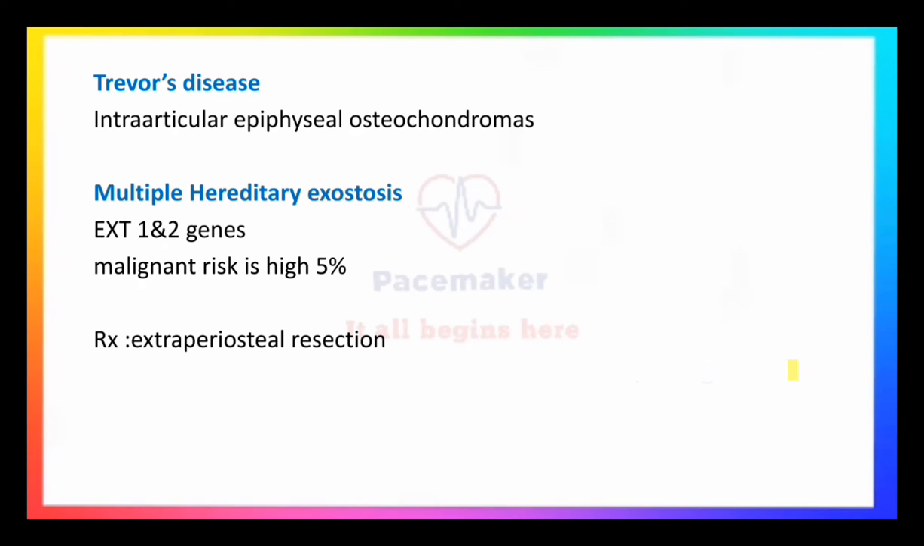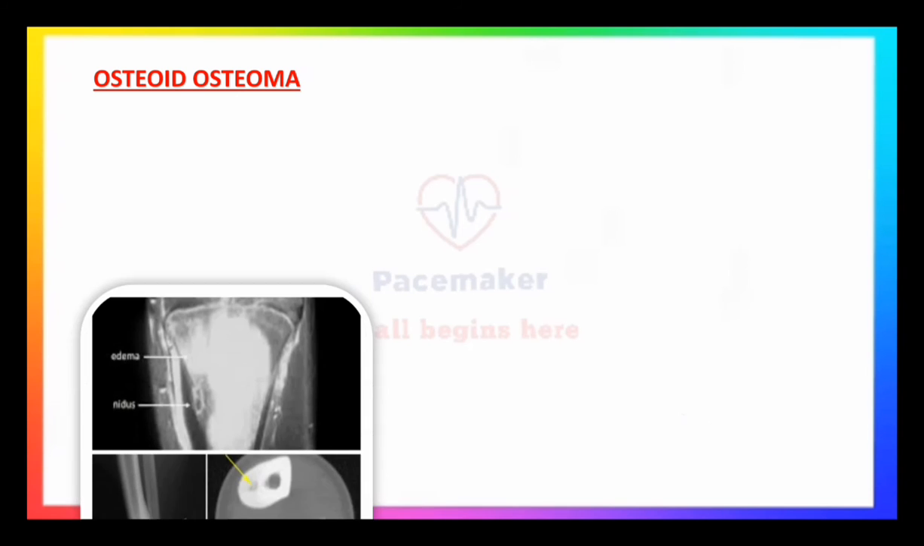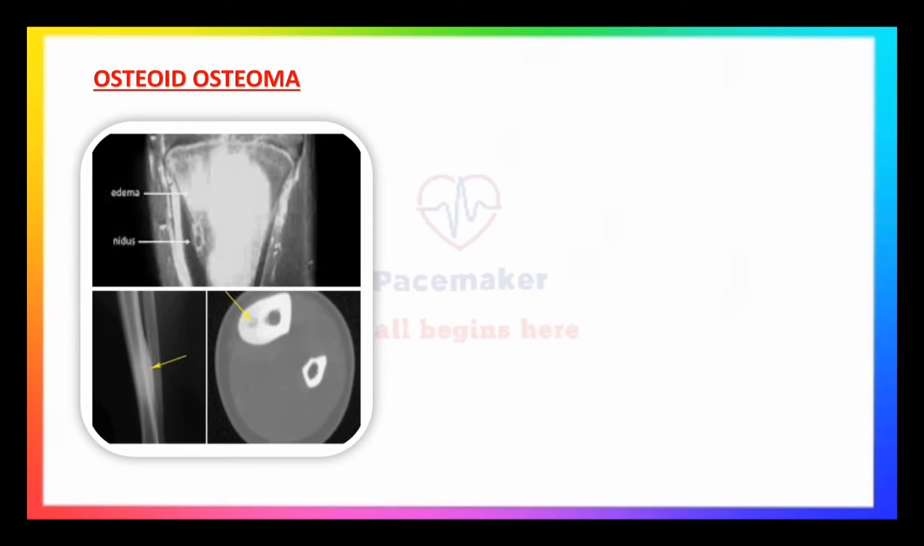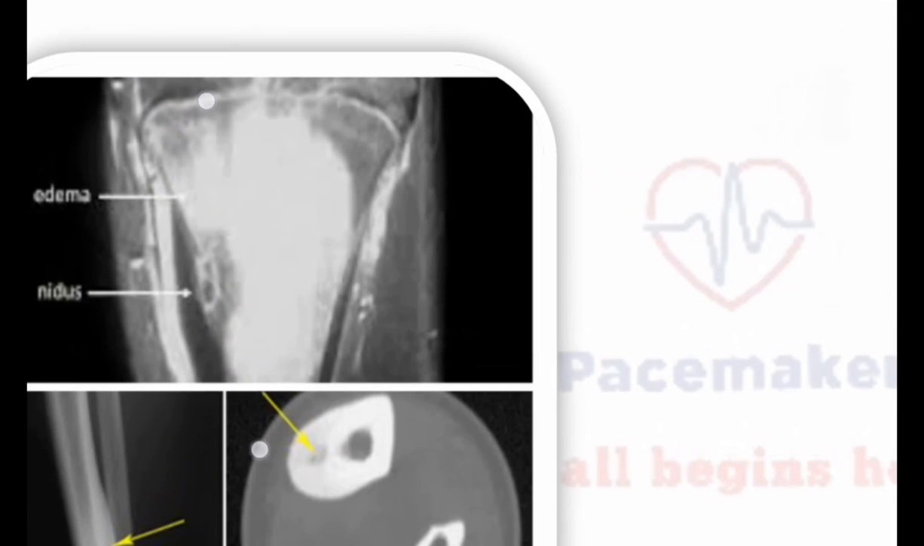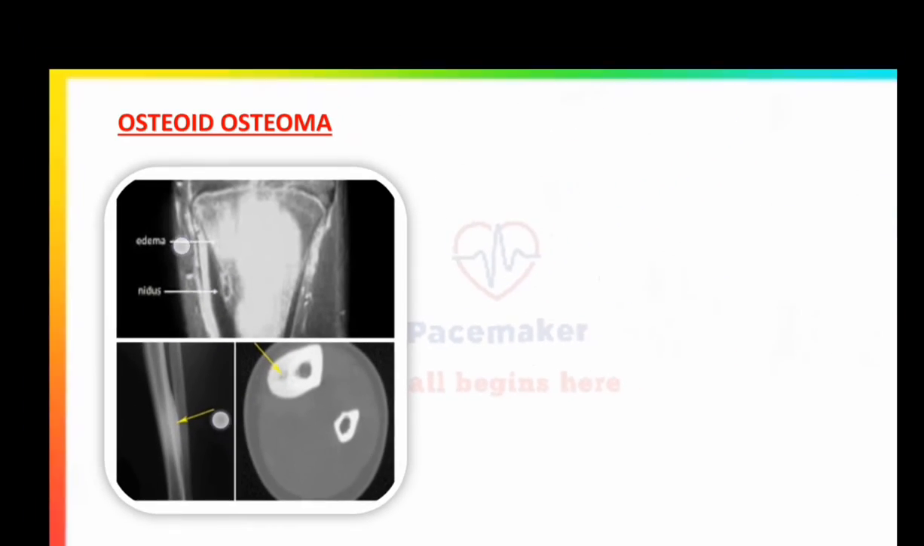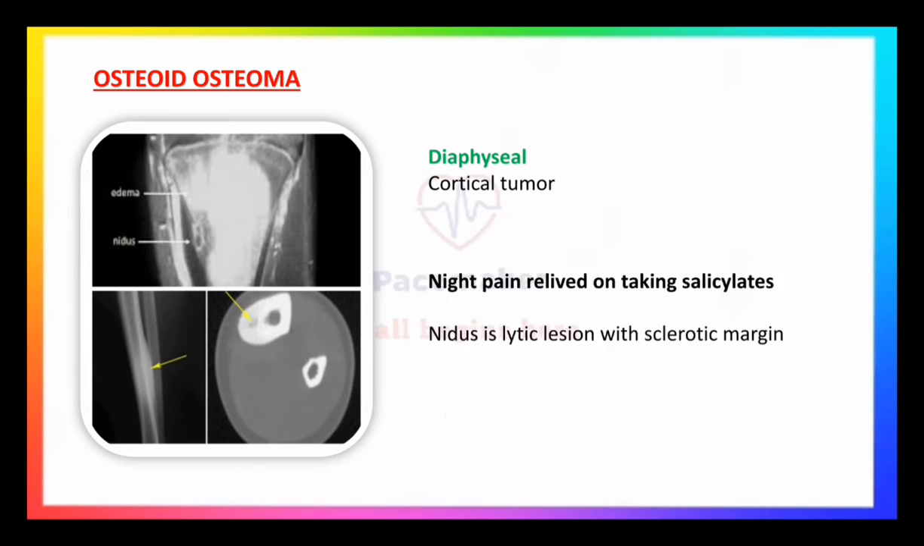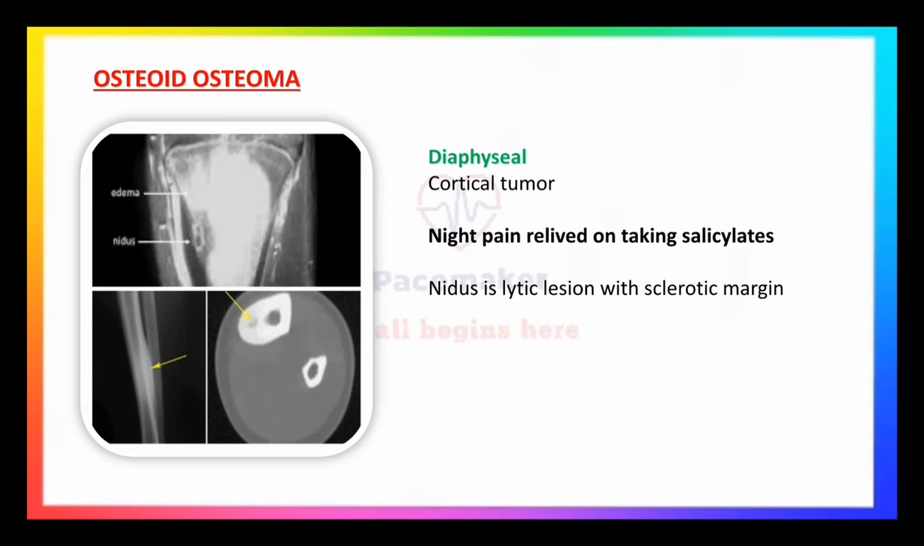Now let us move to another tumor, that is osteoid osteoma. Osteoid osteoma arises from the diaphysis of the long bones, and it is a cortical tumor. It has a central lytic lesion with a surrounding sclerotic margin. That central lytic lesion is known as the nidus, and the nidus is surrounded by a sclerotic margin. It classically presents with night pain relieved on taking salicylates, and treatment here is radiofrequency ablation, and there is